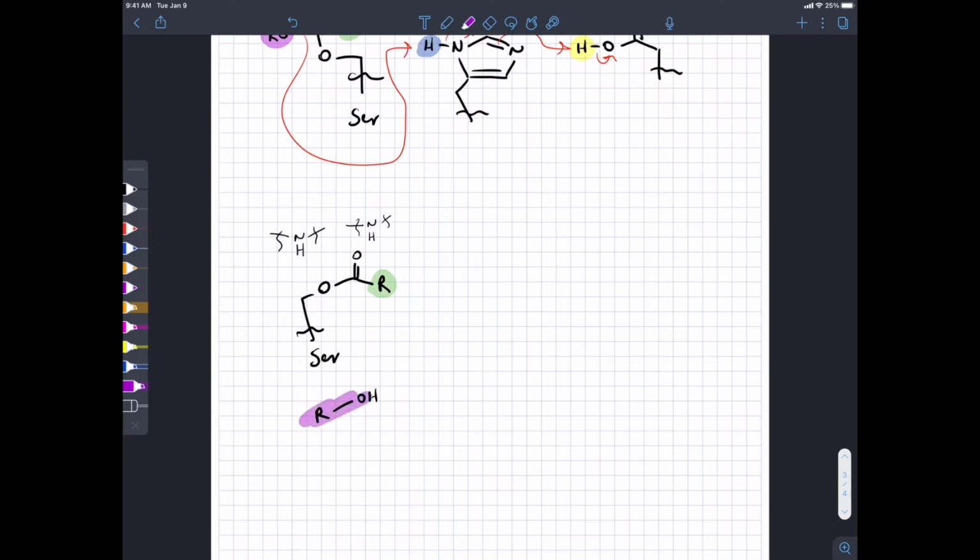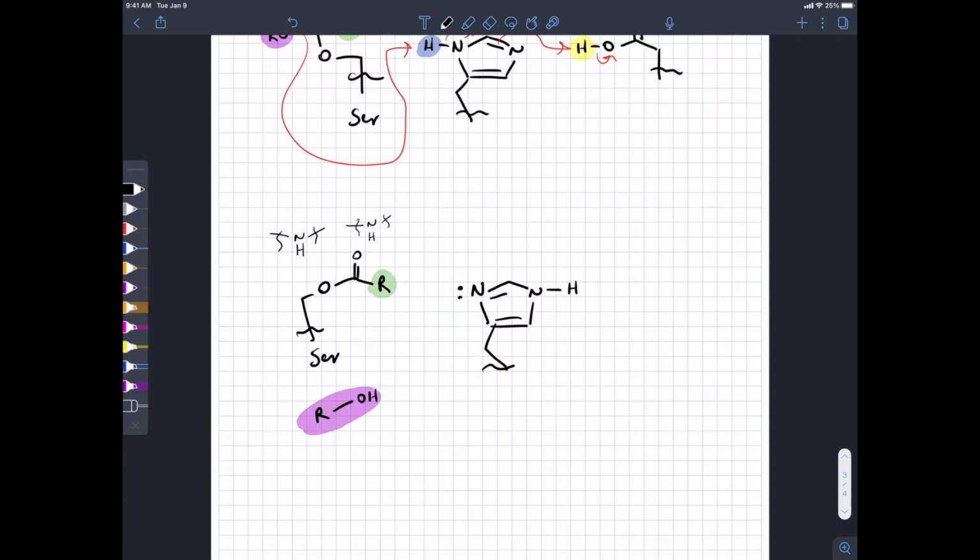And if there are other fatty acids on the glycerol molecule, they can go on and be hydrolyzed as well. And then what we're going to do next